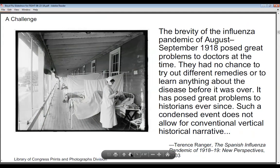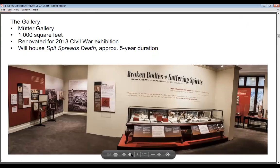And their efforts were really not very effective. And then looking back on it, we try to kind of unpack this event. And it's hard to tell the story in a very traditional, step-by-step kind of way. So for us, the challenge of putting on an exhibition, packing a story like this into one single room is